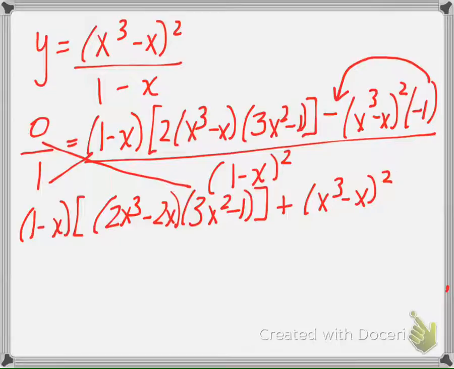Okay, so that equals, so this is where I got it from. I did 1 times this, which gives me this whole mess, and then 0 times anything is equal to 0. Okay, so